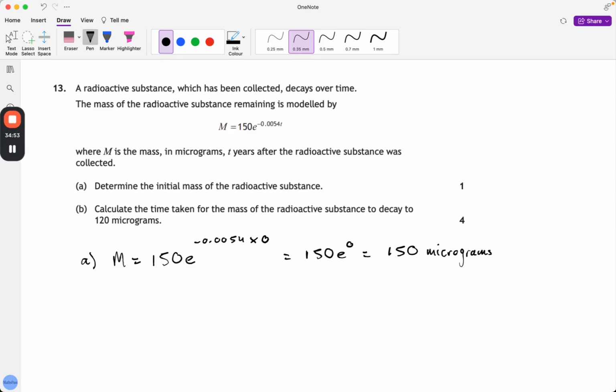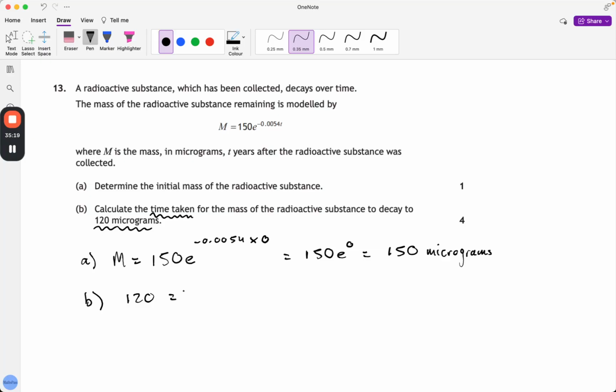Okay, up next, part B. We want to calculate the time taken for the mass of the radioactive substance to decay to 120 micrograms. So we're wanting to calculate the time taken. That tells us we're going to try and solve for t, and we've been told something about the mass. We've been told that the mass is now 120 micrograms. So I'm going to set the m equal to 120, because that's what that sentence has told us, and we're